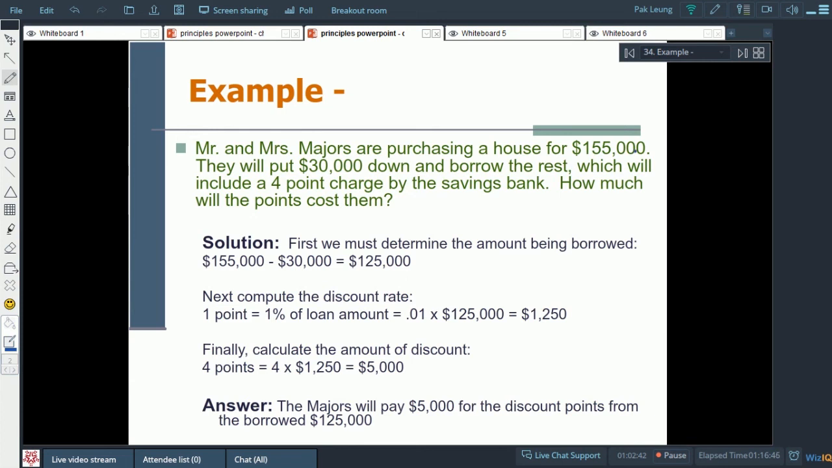So this is the discount point. That's how it works, okay? It's good for long term, not for short. Yeah. Okay, here's an example. Okay, Mr. and Mrs. Majors are purchasing a house for